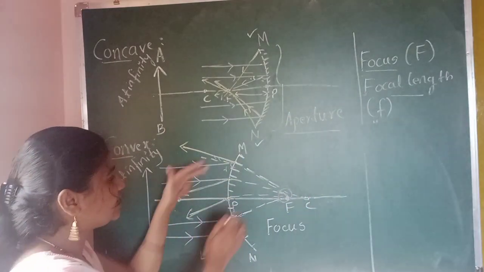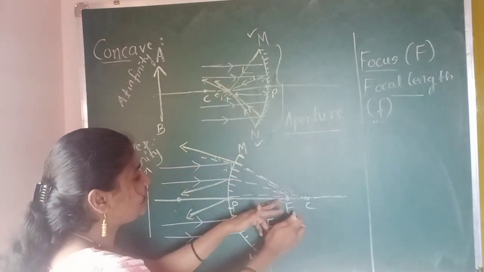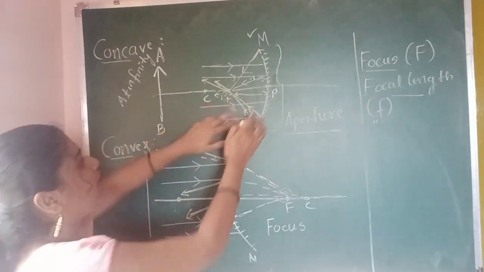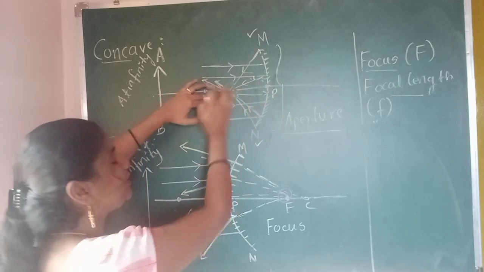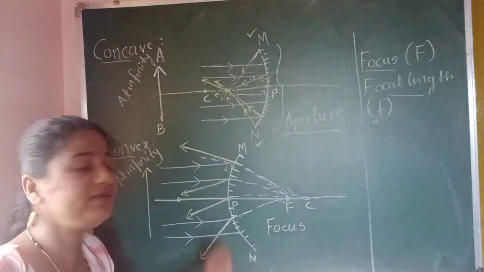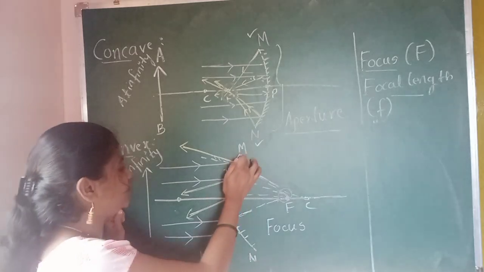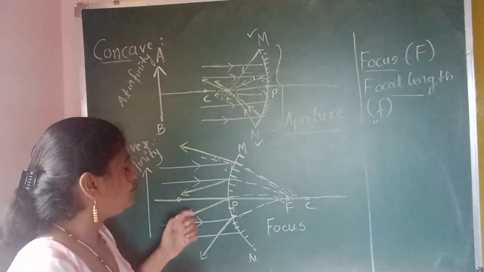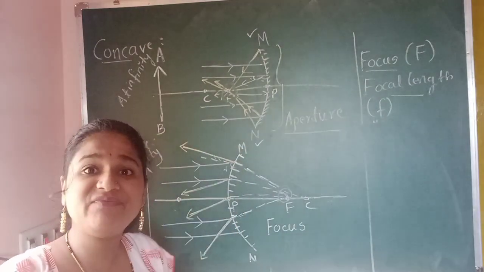See here, in the convex mirror the focus, the image, is formed behind the reflecting surface. But in the concave mirror, the focus is formed in front of the reflecting surface. This is the difference. And MN is the aperture. Then, when we consider that the aperture of a spherical mirror is very small,